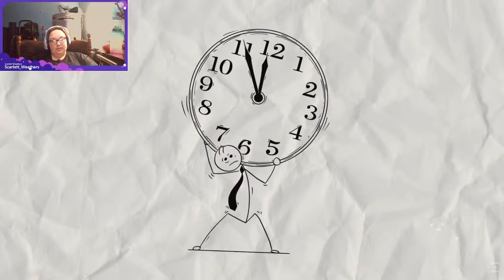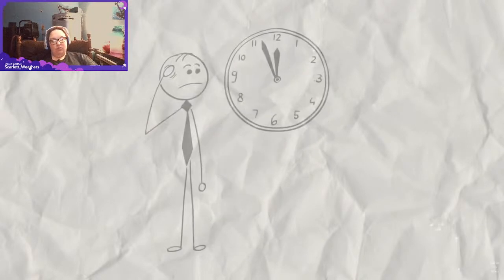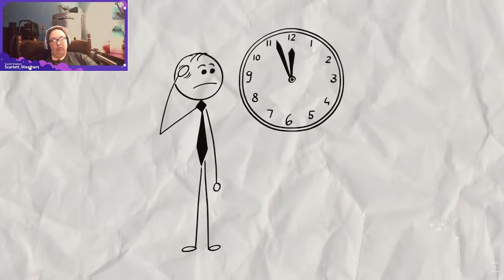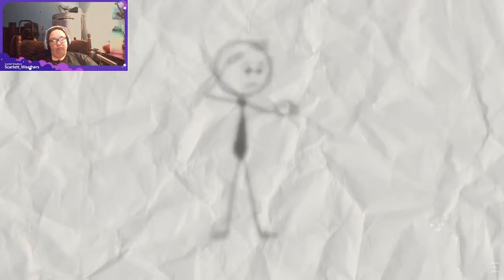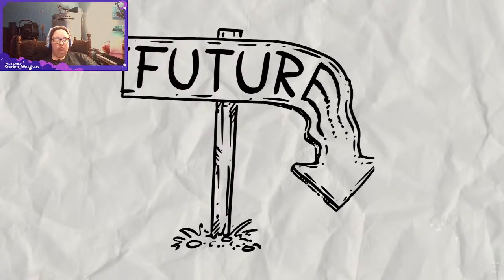Time blindness isn't just being bad at managing time. It's a fundamental difficulty in perceiving and estimating its passage. For someone with ADHD, time isn't a linear progression. It's more like a series of nows. The past is a vague memory, and the future is an abstract concept that feels perpetually far away until it's